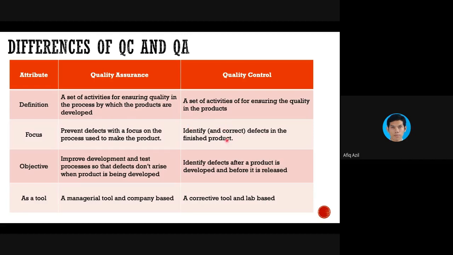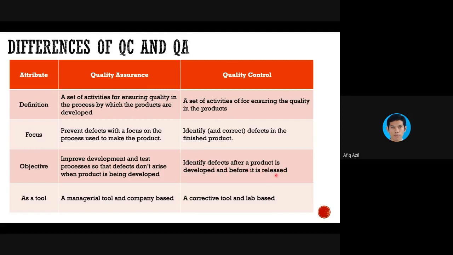But sometimes the correction has to be done by another department, for example re-engineering or technical. When you go into industry, you will know there will be a specific team to deal with problematic products. The objective of QA is to improve development and test processes so that defects don't arise when products are being developed, while for QC the objective is to identify the defects before it is released.